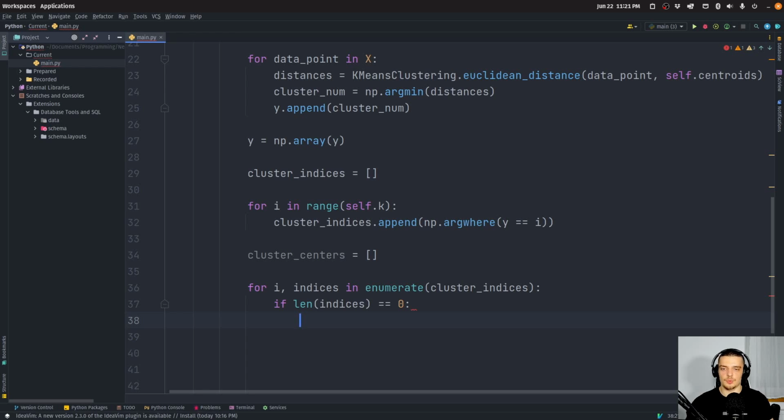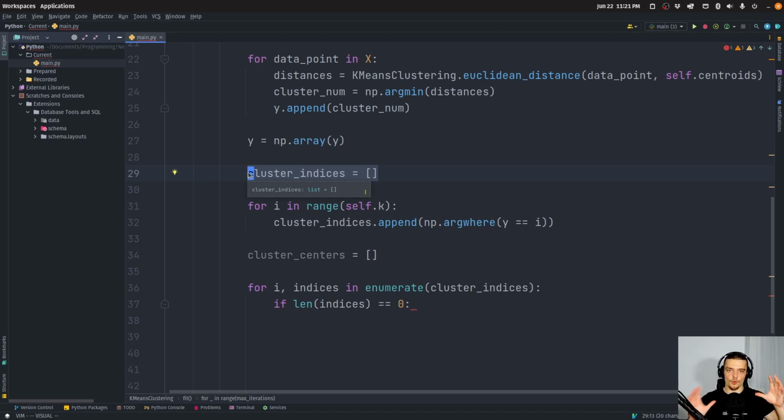Yeah, so what we have here in the cluster indices is a list of lists. For each cluster, we have the data points that belong to that cluster. So for the first cluster with index 0, we're going to have a list of all the indices in X for the data points that belong to that cluster. Some of them might be empty, because some clusters might have 0 members if we have too many clusters, if